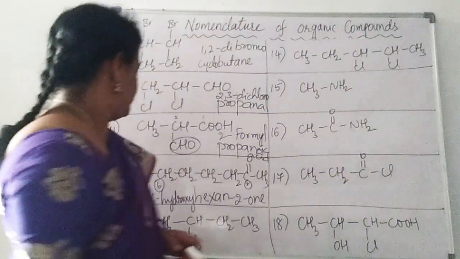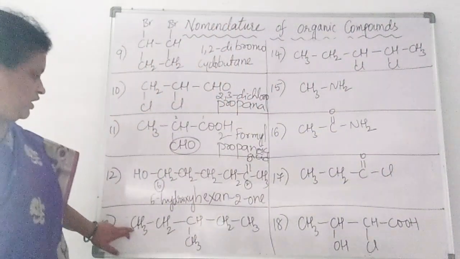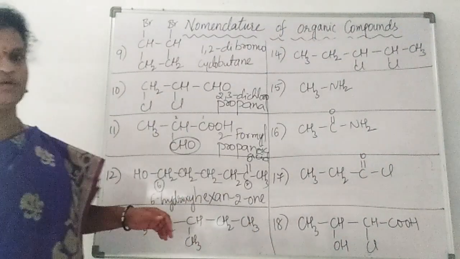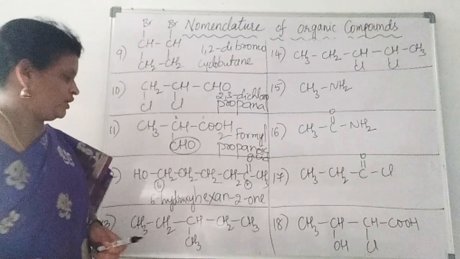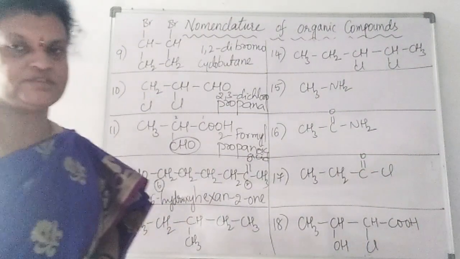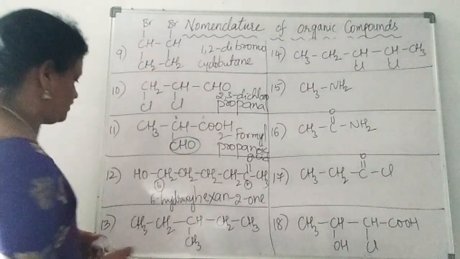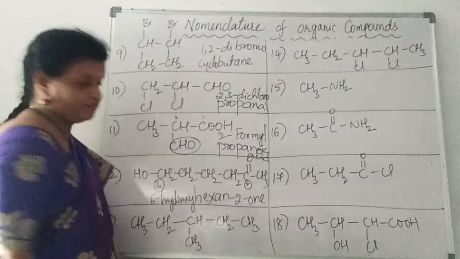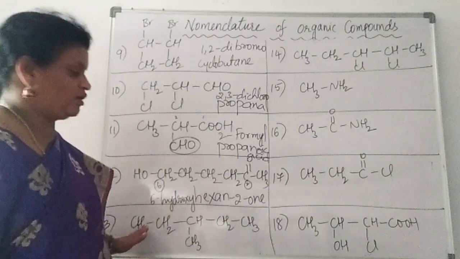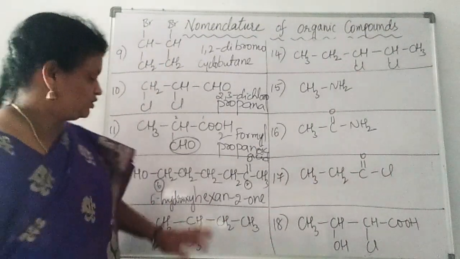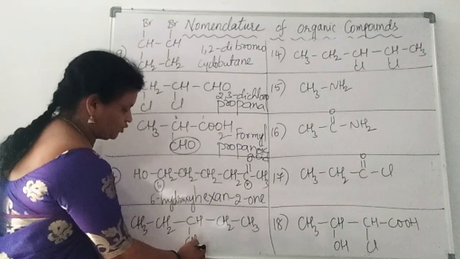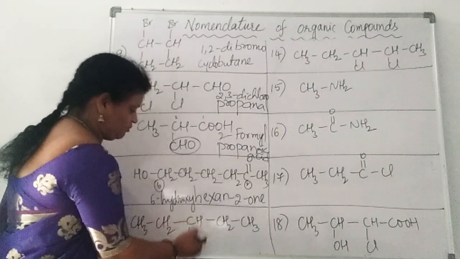Right. Then the next one, if you see, here again carbons are present in the main chain. How many carbons are there here? We have to count. 5 carbons are there. So on the third carbon we have a substituent, which can be identified as a methyl group. From anywhere if you count, that becomes the third carbon only. So the third carbon is having the methyl group. So we write this as 3-methyl